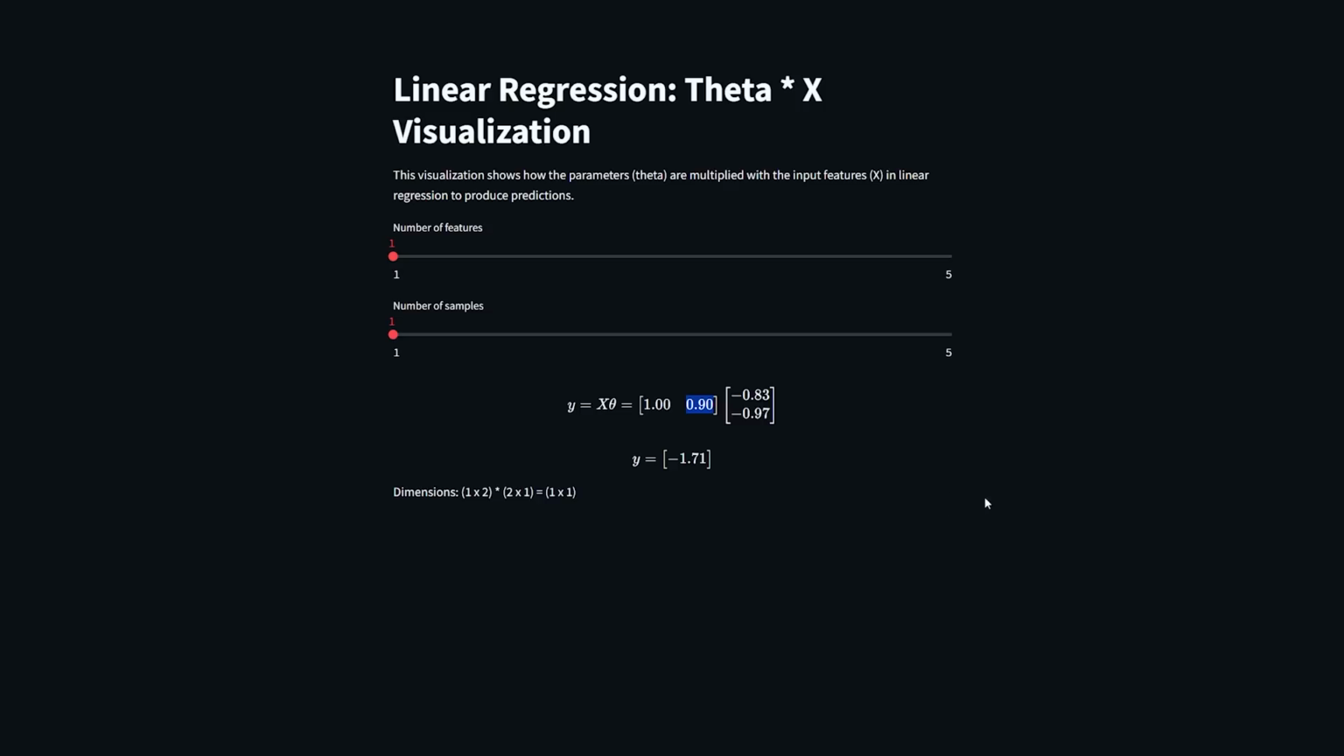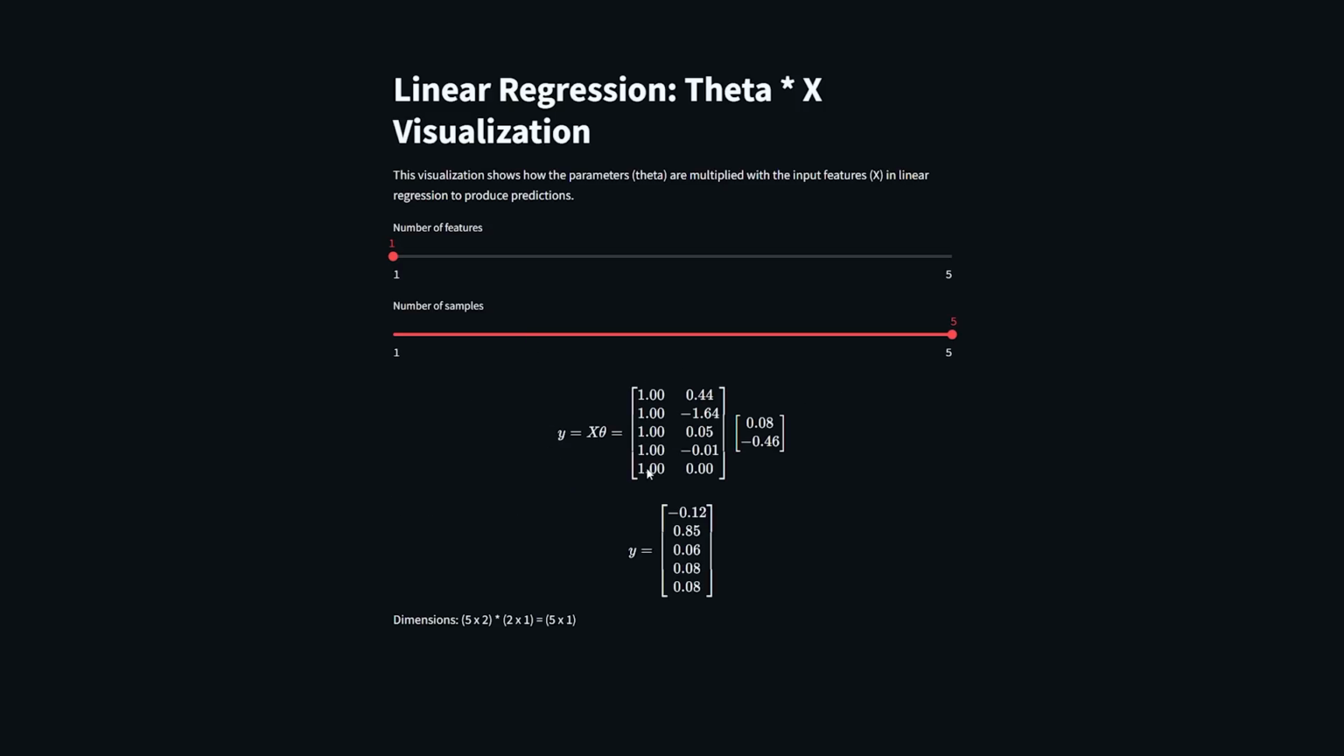And then the second term here is the actual feature value. So this will multiply against this one here, which is our first feature weight. So if we increase the number of samples to, let's say, 2, this is what it looks like. Again, the only reason we have these ones here is because we need something to multiply against our bias term